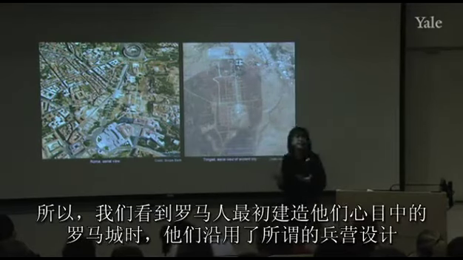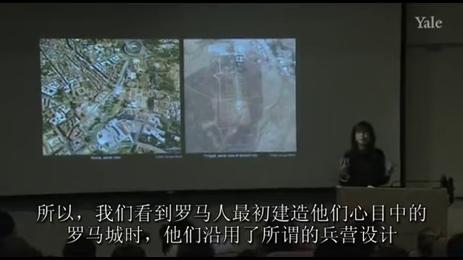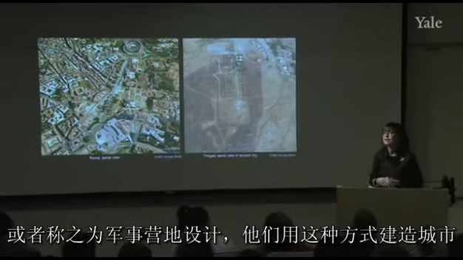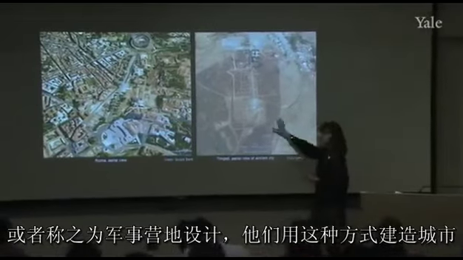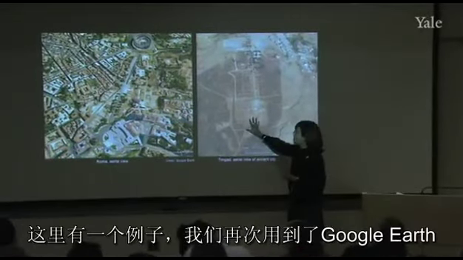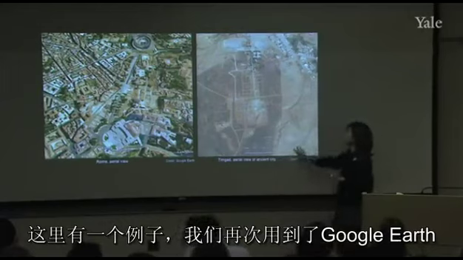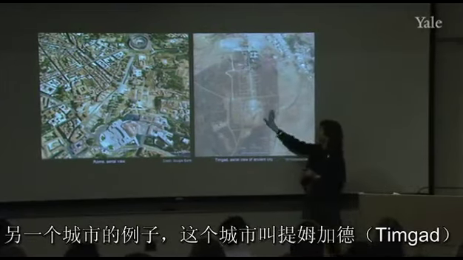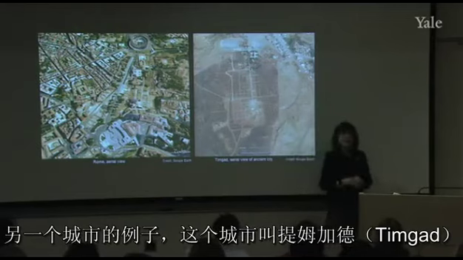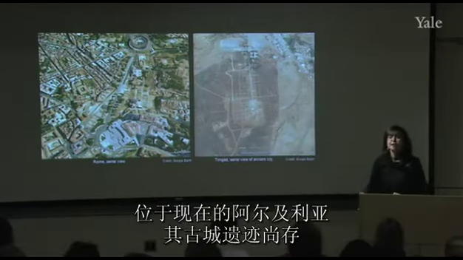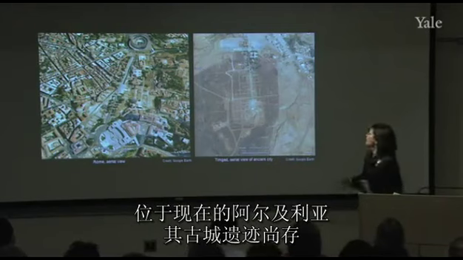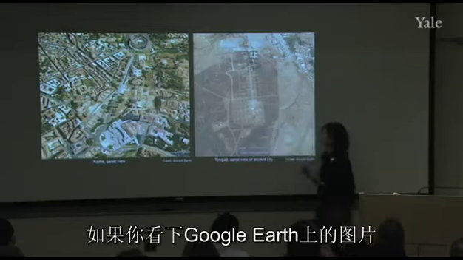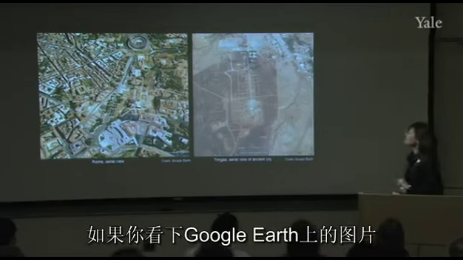So when we begin to see the Romans building their ideal Roman city, they turn to that so-called castrum or military camp design, and they build their cities that way. And I show you here one example. We're using Google Earth here again, an example of a city called Timgad, which is in modern Algeria. And the ancient city still survives, and if we look at this Google Earth image of it,